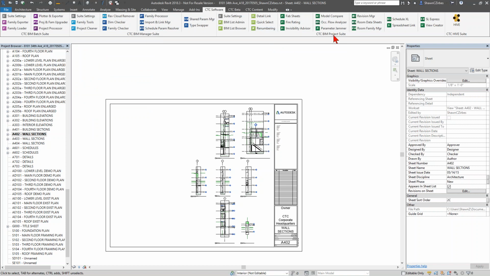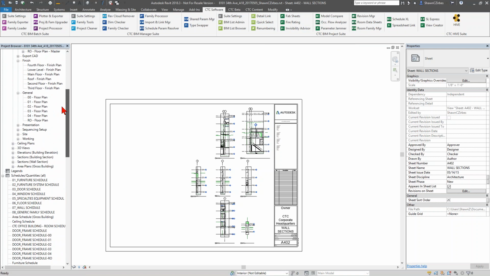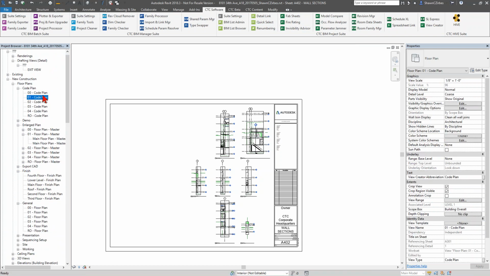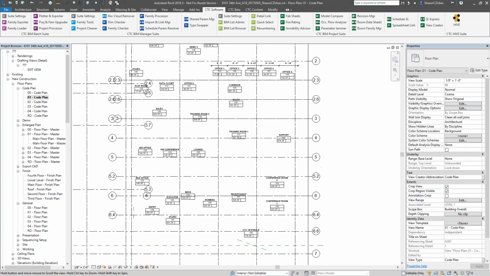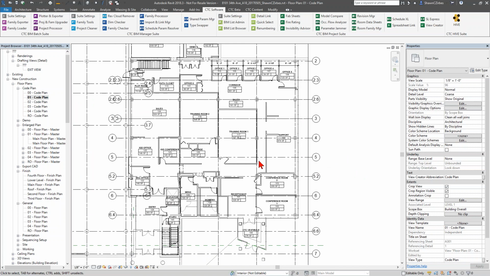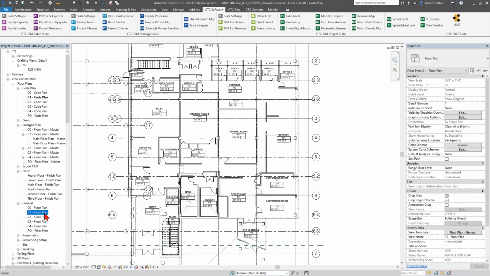And the last one that I want to talk about here on the project suite is the one called QuickSelect. QuickSelect is another great tool. I use this a lot, especially when I'm in my code plans. This is where I personally use this the most. When I'm in life safety plans or code plans, if I'm trying to go through and look at my fire-rated walls inside of here and figure out what's going on, and actually, because I know I can't see them in